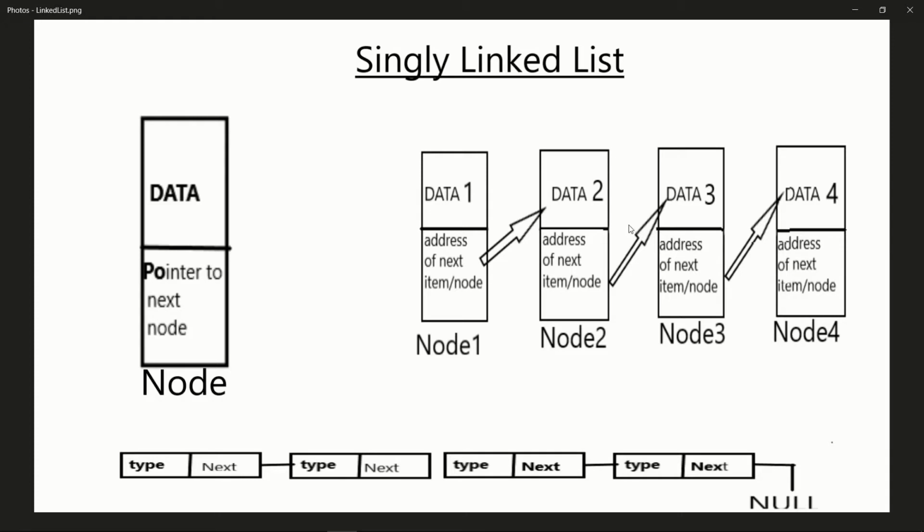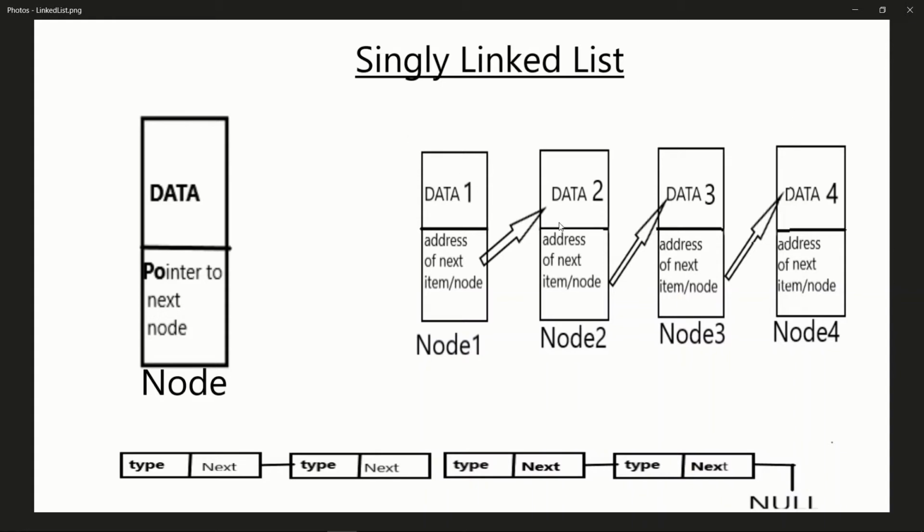So how does a linked list look? If you see, a linked list looks like this. In one part we contain all the data, whatever type we want, and the second part contains the address of the next node, and this is connecting us to the next node. This is also connected. But in the last node, the pointer is connected to null so that we can know that we came to the end of the list. So that's how a node is. You can take a screenshot and look at this whenever we are discussing. You can take this as reference so that you understand better.